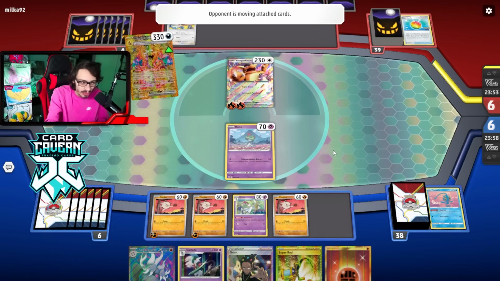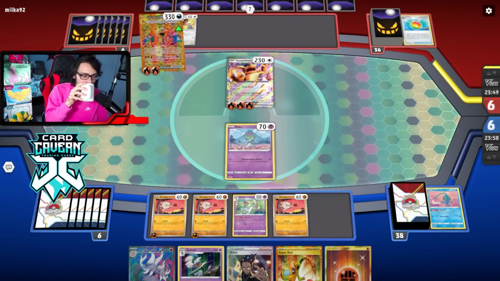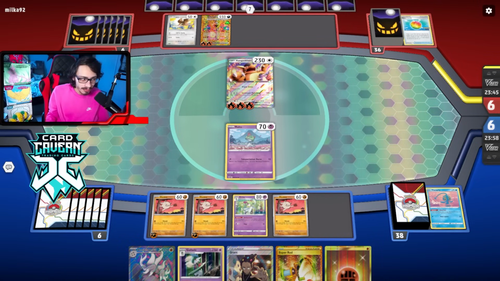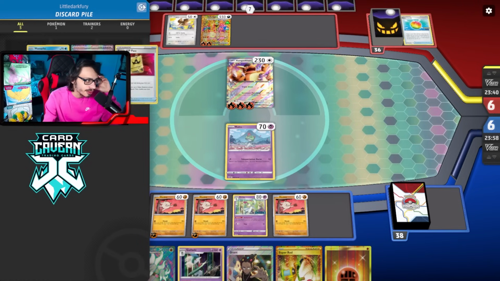If my opponent can do it that easily, I'm hoping we can too. Honestly, maybe I should have retreated the Ralts into Mankey. I'm thinking about it more. It would have been actually better to protect the Ralts, because I want to draw more cards. Yeah, it would have been really nice to get Cleffa there, though, to be honest, just so I can draw